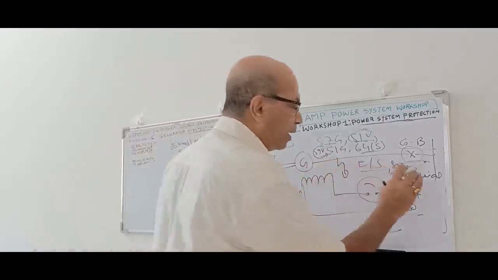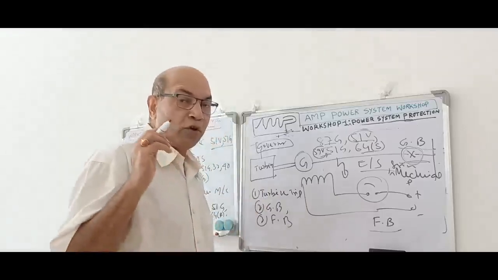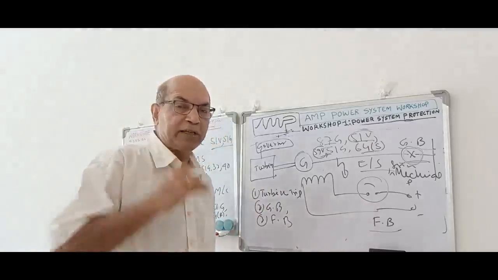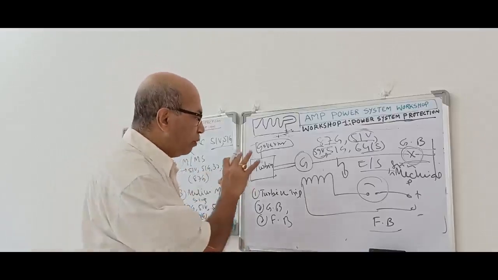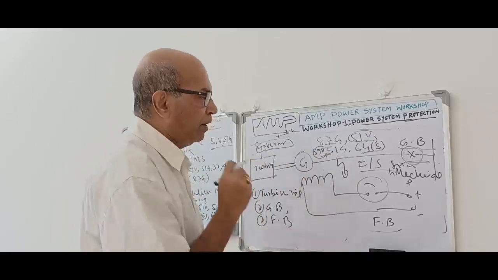Mechanical emergency shutdown. And if there is a lubrication problem, suppose the lube oil tank is not full, it is low, in that case we can wait or we can trip it. So this is one group of protection, the tripping scheme.